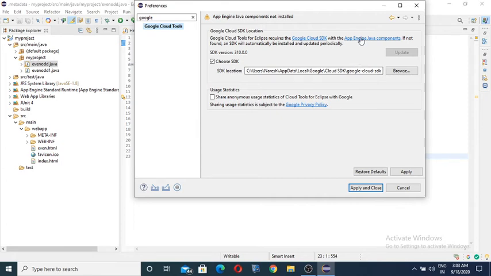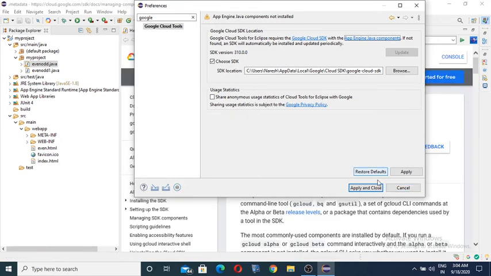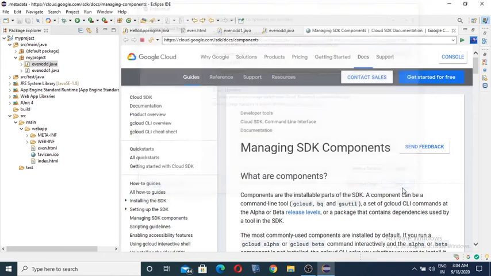Click here App Engine Java Components. And then we can cancel. Later we can see here, in that place we can install the SDK.